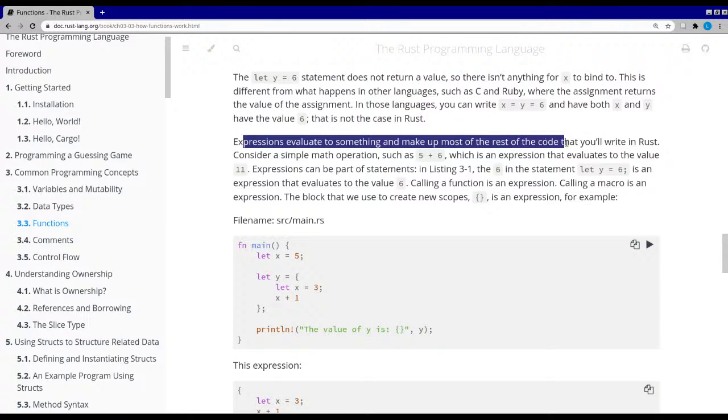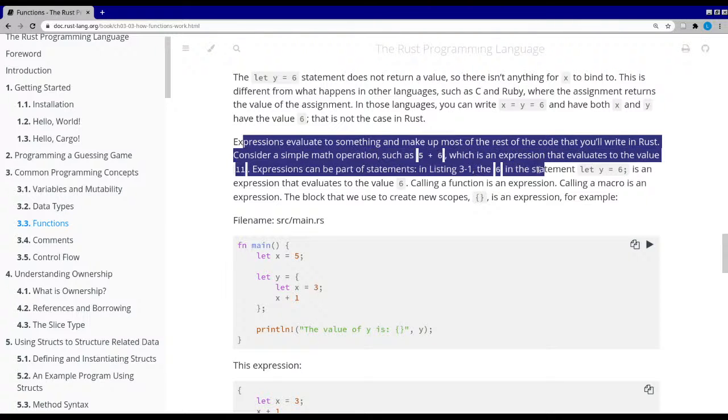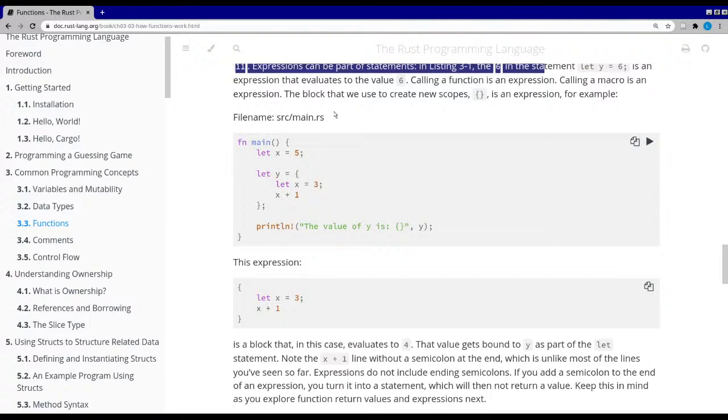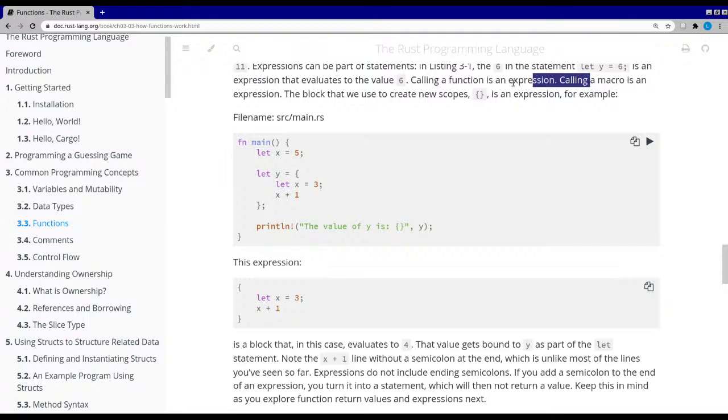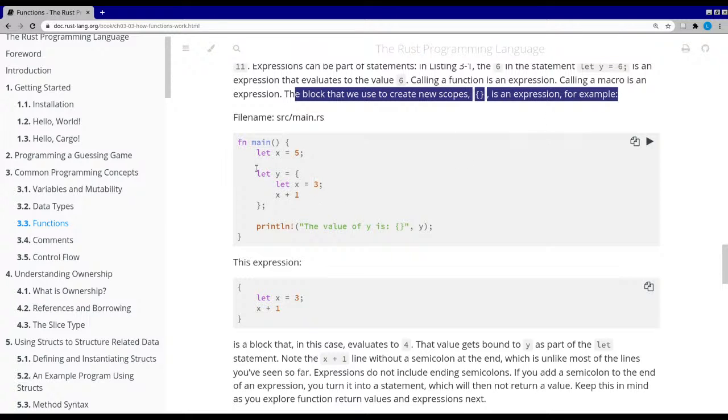Expressions evaluate to something and make up most of the rest of the code you will write in Rust. Calling a function is an expression. Calling a macro is an expression. The block that we use to create new scopes, curly brackets, is an expression. For example,